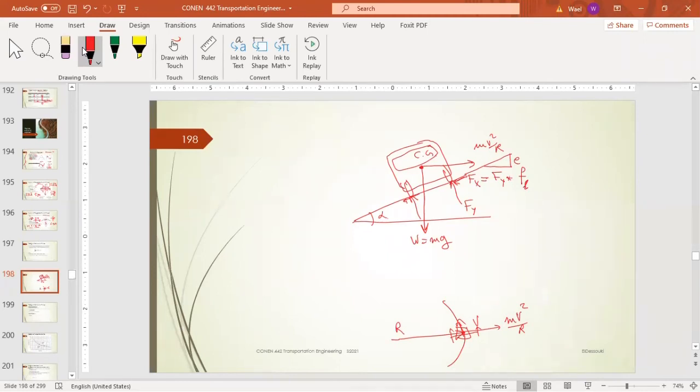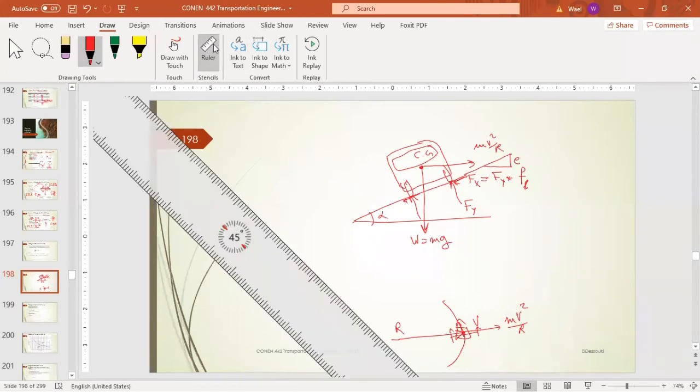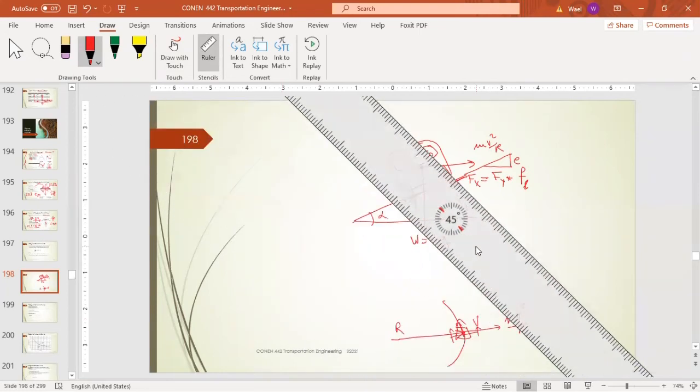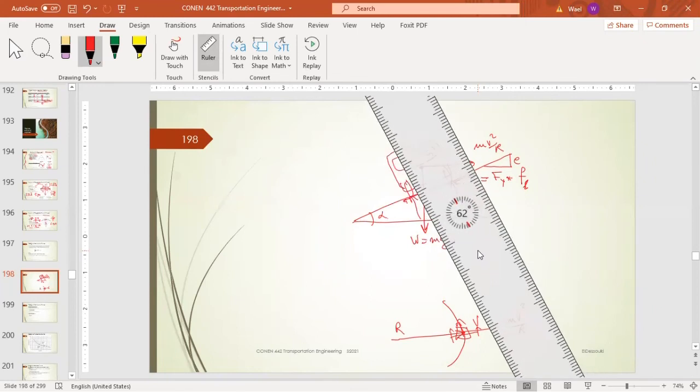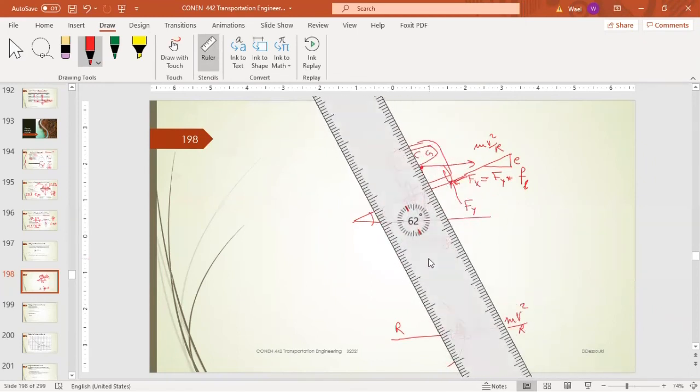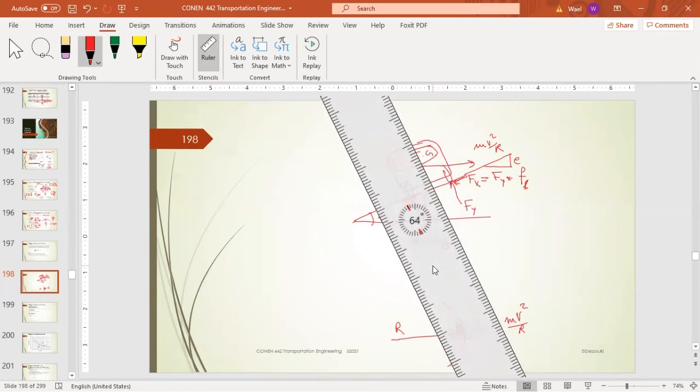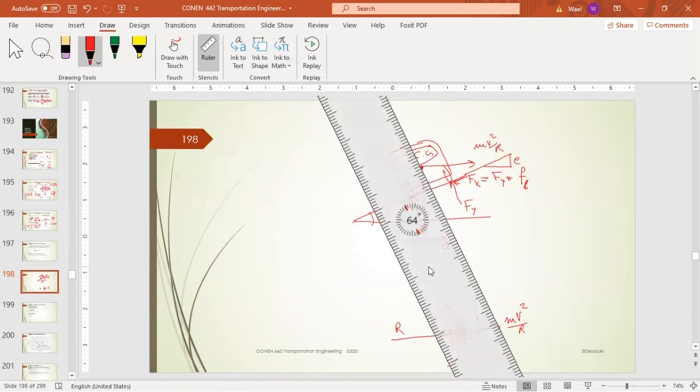So basically, in order to solve this example, we need to have this ruler and we need to do our analysis on axes that are orthogonal to this. So we have here,